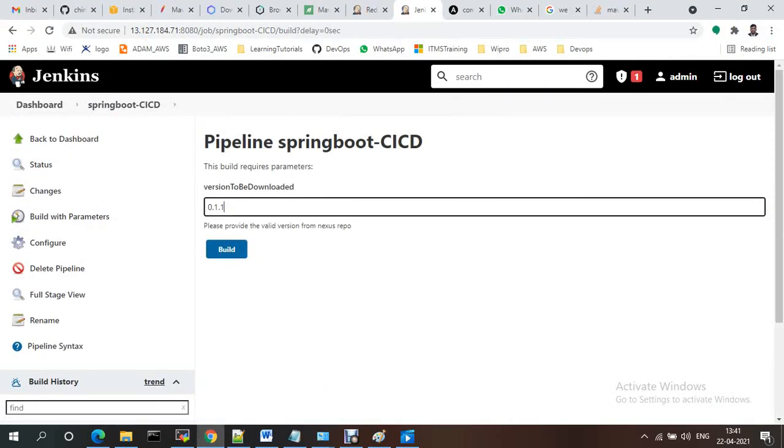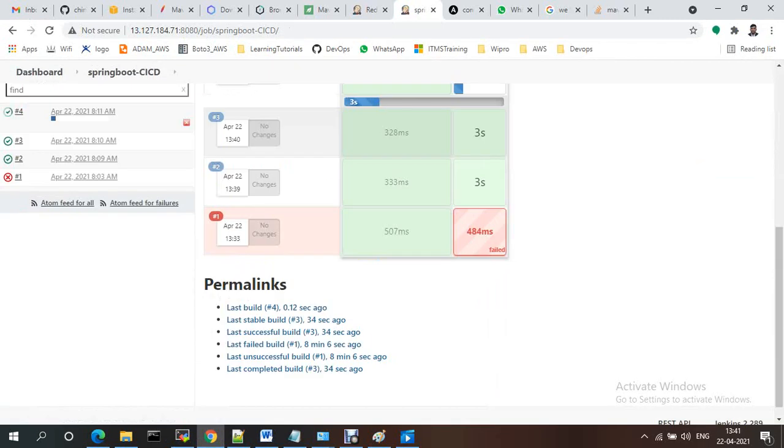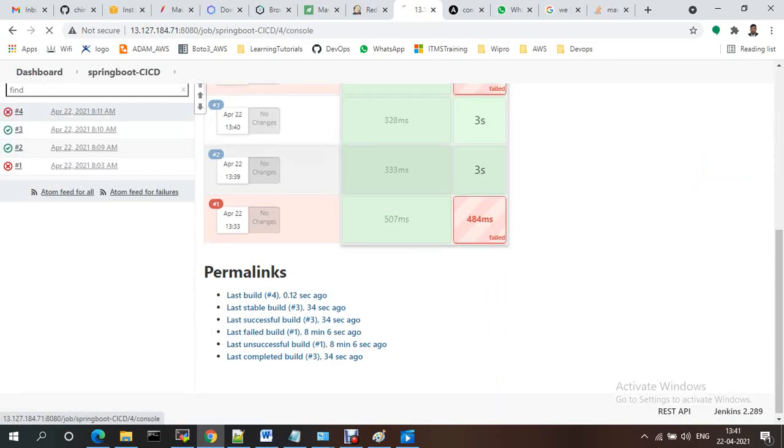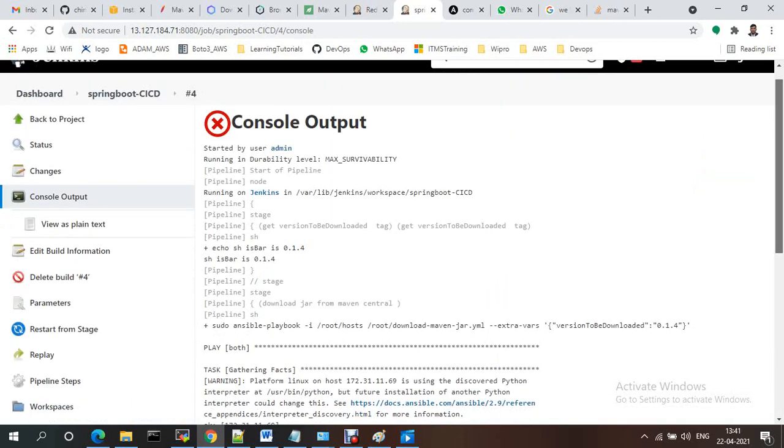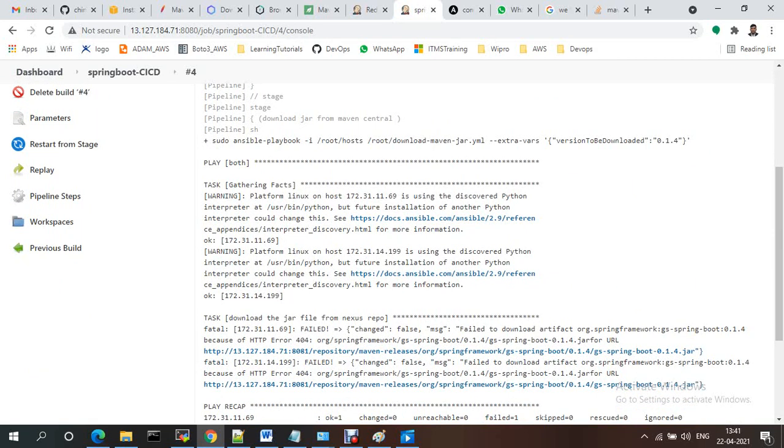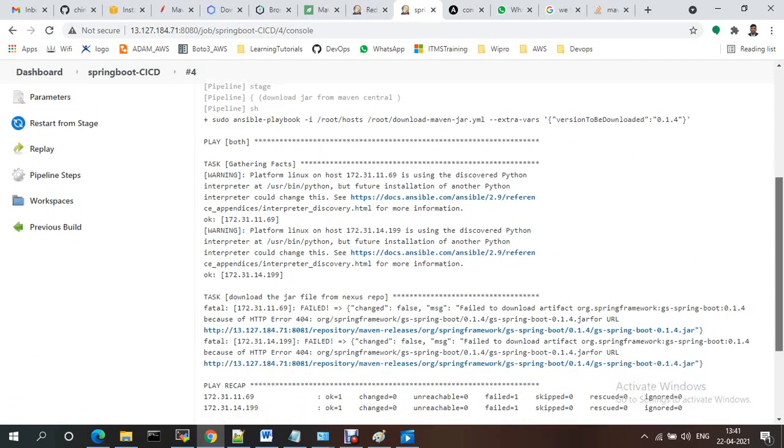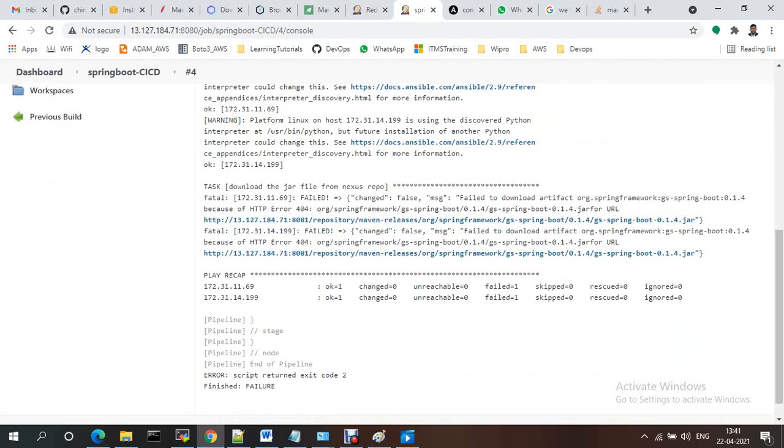Suppose I don't have the version, like 1.1.4. See, this time it is going to fail. See, currently there is no version available under the Nexus, that's why it is failing.